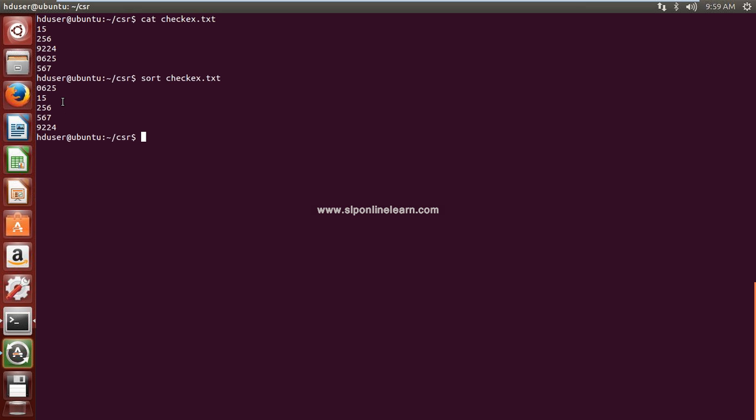But I want to specify explicitly that these are all numbers. We can specify that using the minus n option. If it is a field, then you have to specify the field position, but here there is no field. So sort -n check ex.txt. Now see the output. See here 15 is the least number, 256, 567, 625,